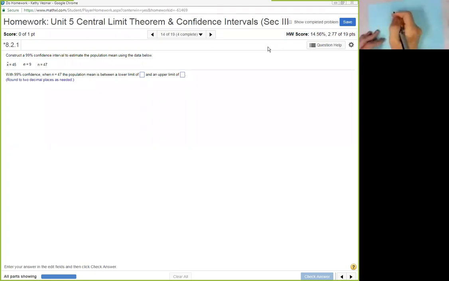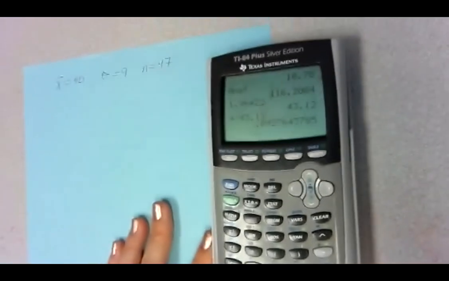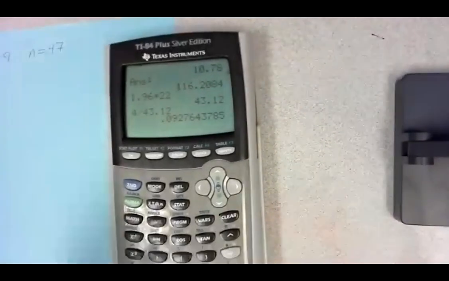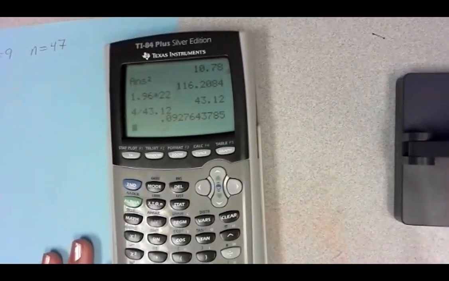So we know that x bar is 45, sigma is 9, n is 47. I'm going to stop sharing. And I want to show you how you can go ahead and do this using the technology. Let's let that focus just a minute. There we go. Okay, so to find your interval, we're going to go to